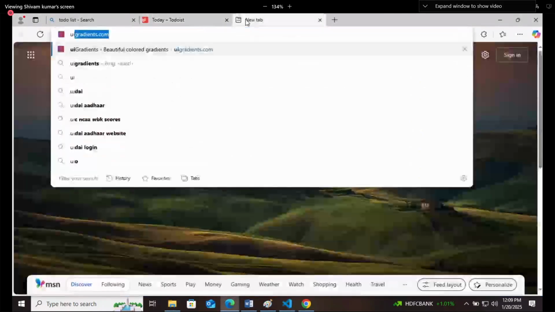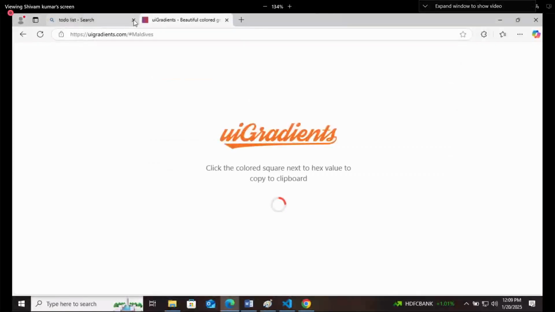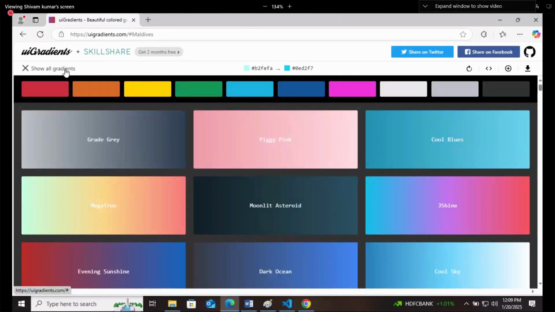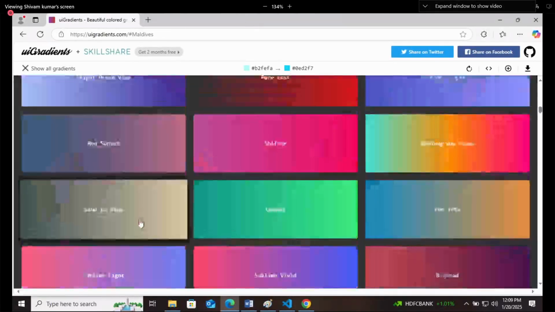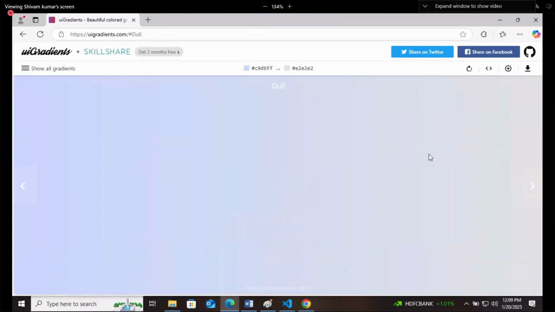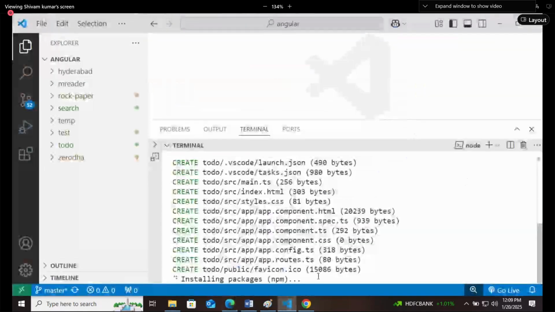Background color. You can use other websites also. And to-do list. Okay, done. So let's wait until the project is getting created.